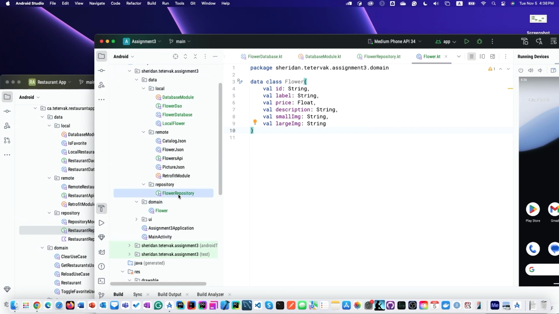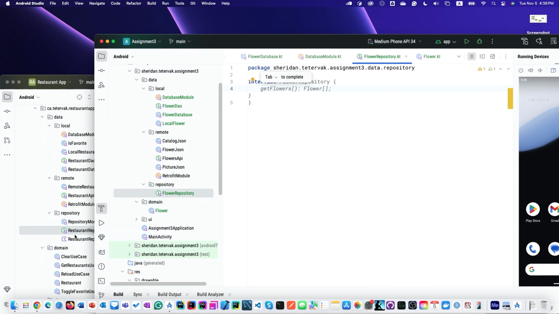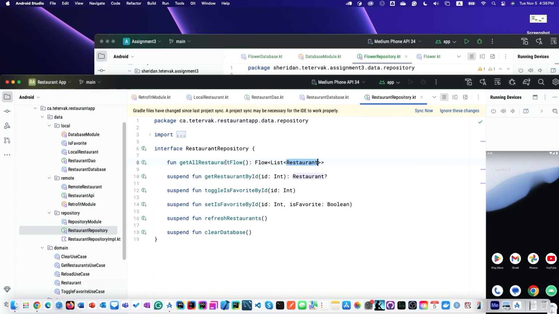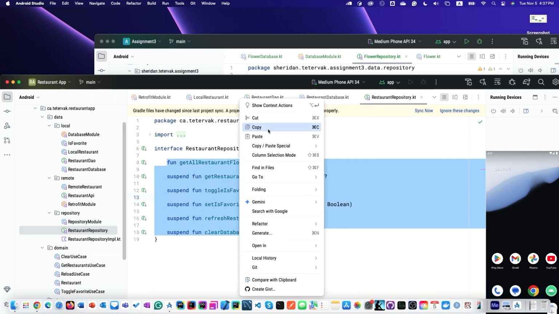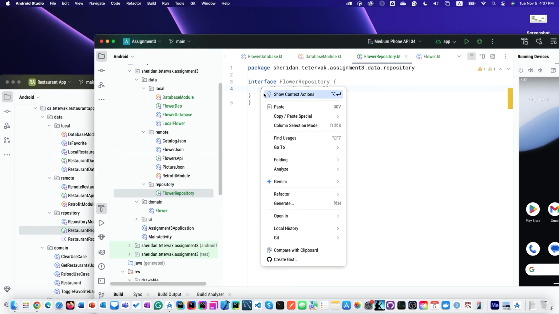And now, in flower repository, what should I do? Restaurant repository. Get all restaurants flow. We need flow of that by ID. Clear is for the clear button, for debugging purposes and for demo purposes. Okay, so we carefully copy paste and rename restaurant to flower, right? So we need this and remove these two afterwards. So copy, paste,